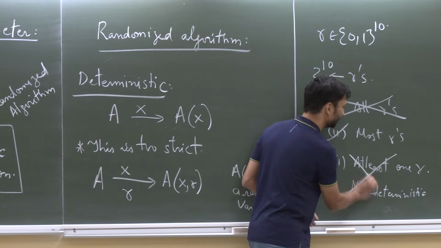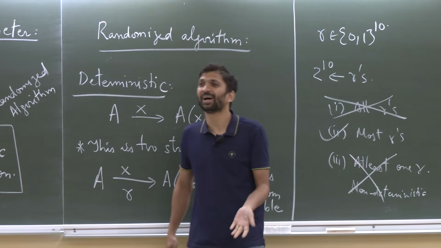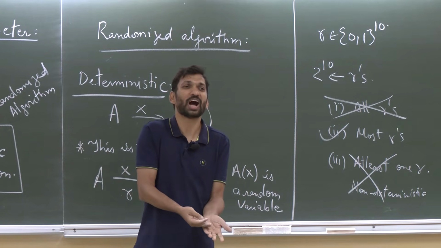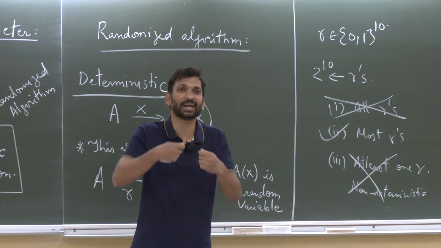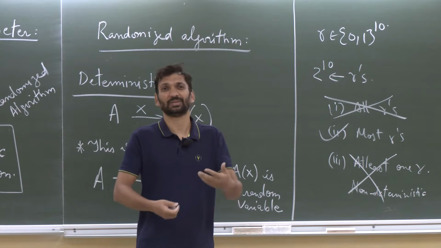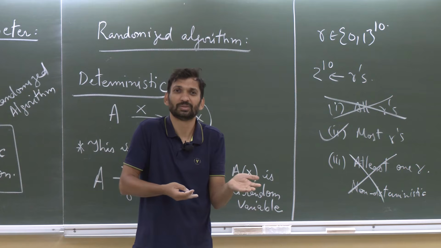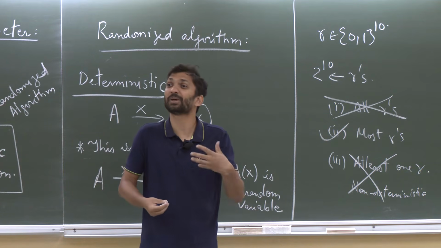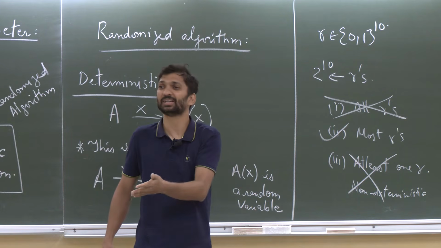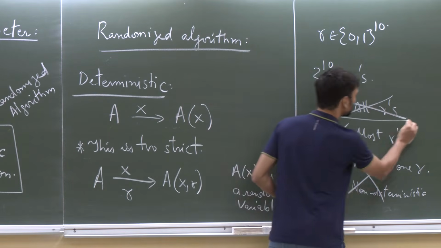But the point is, if it is only true for one R, then think of it in the use case. Which R should I use? I will be correct with very, very small probability, and that's not what I want. Then my algorithm is correct with 0.1 probability. Then do you want to use that output? No, it is much better if I am correct with probability 0.9. In most of the cases, I get the sorted list out. Okay, so then this is the definition.